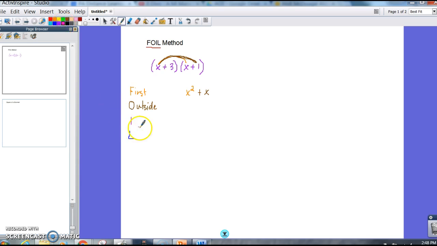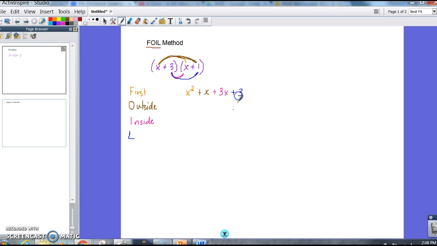The I stands for inside. So just like we have two outside terms, we also have two inside terms. Again, if you're looking at all four terms, it's the two in the middle. So I'm going to multiply those together. 3 times x gives me 3x. And then L stands for the last two terms, meaning the last term of each binomial. So 3 is the last term in this binomial, 1 is the last term in the other binomial, so I'm multiplying the 3 and the 1 together,